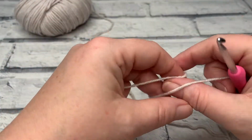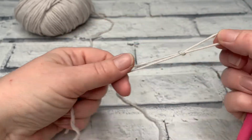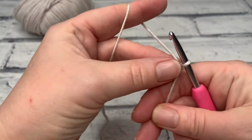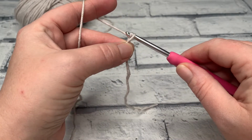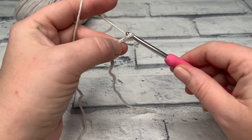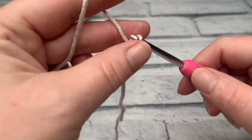So for row 1, we're going to begin by making a slip knot and placing that onto our hook. And we're going to start by making a chain of 13. So we just yarn over the hook and bring our hook through the loop on our hook and do that 13 times. So that's 2, 3, 4,